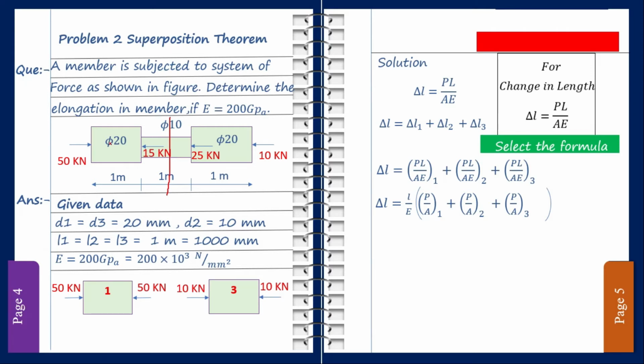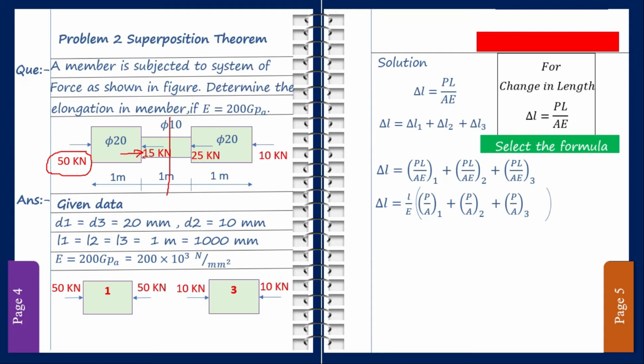Either observe the left hand portion or the right hand portion. If I observe the left hand portion, 50 and 15 are both moving in opposite directions. So I have to do the subtraction. 50 minus 15 is 35. So I get the value of load 35. Now the important thing is to choose the direction. 50 is bigger in magnitude, so I am taking the direction of 50. 50 is moving towards the object, so my direction of force is towards the second section. So this is my direction.